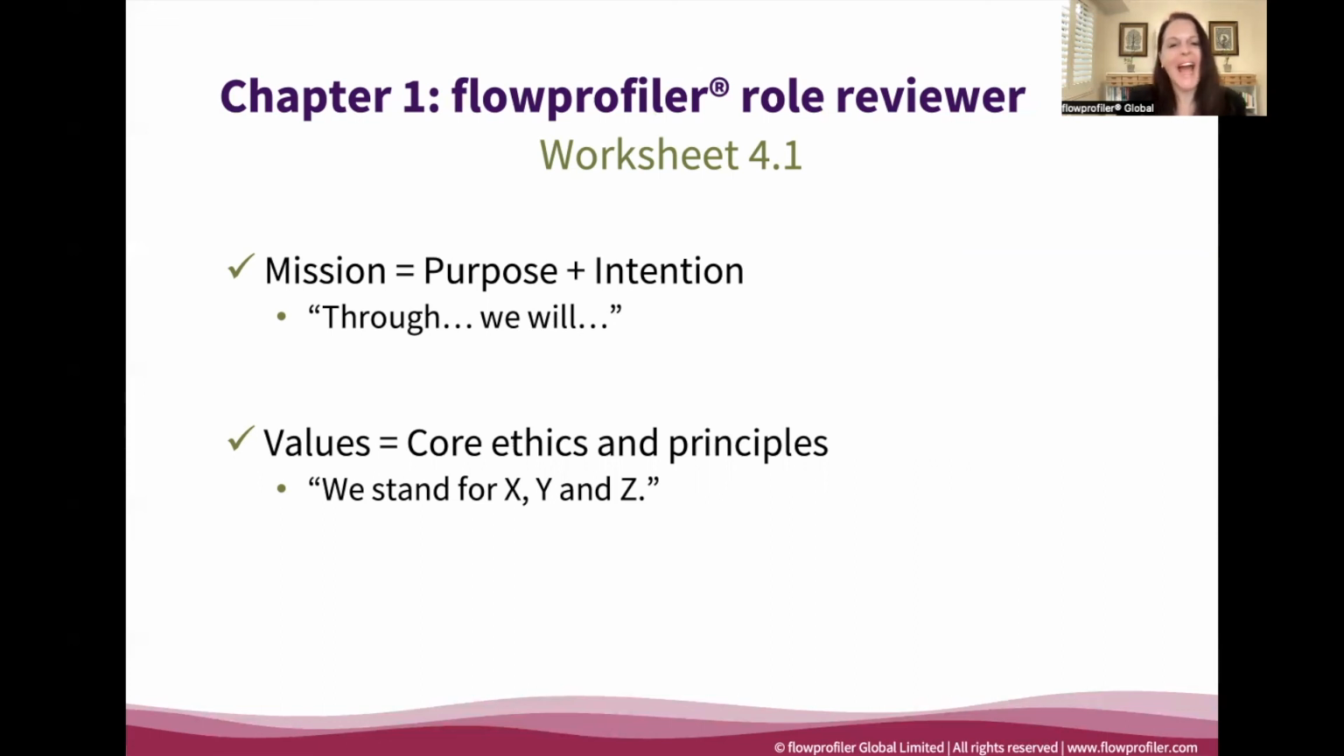See how you go. Worksheet 4.1, your coach is going to be very interested on your insights and your progress,